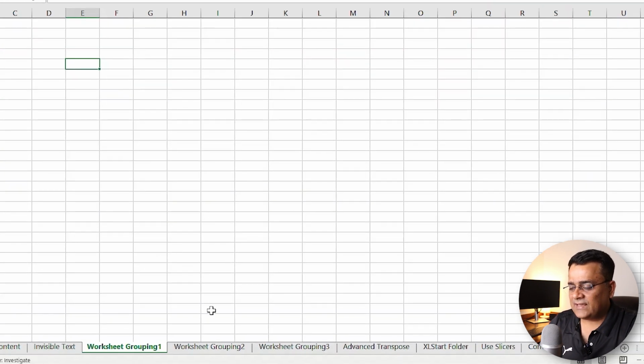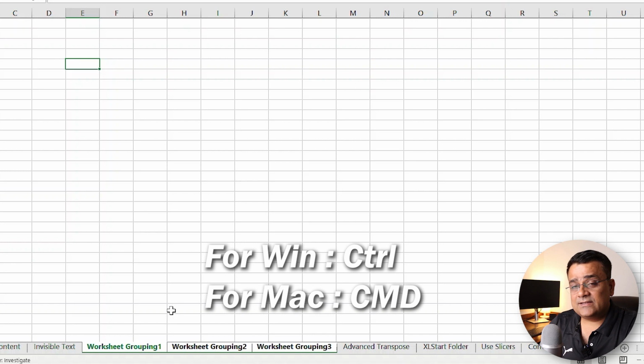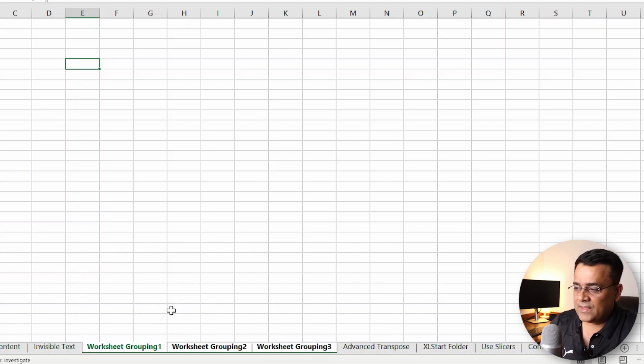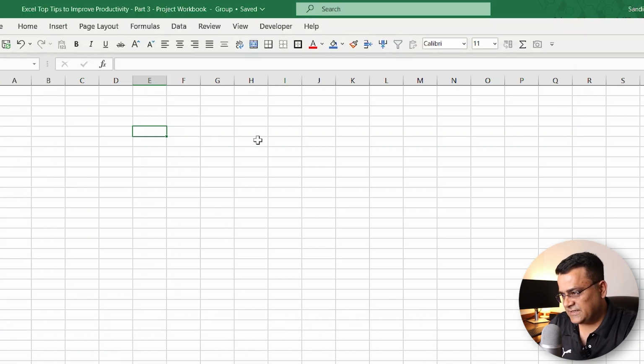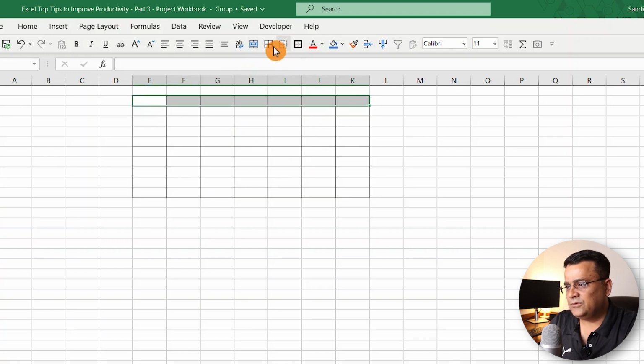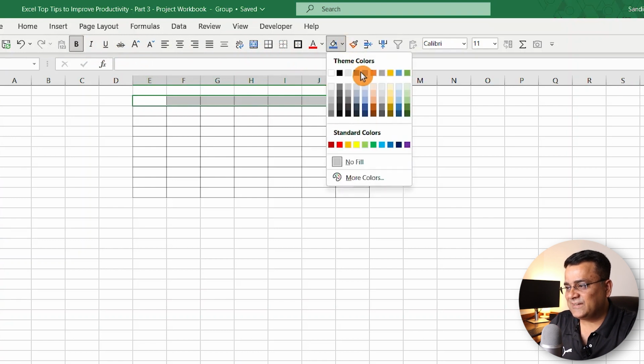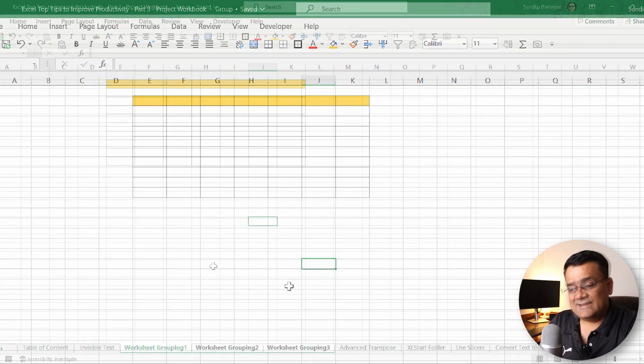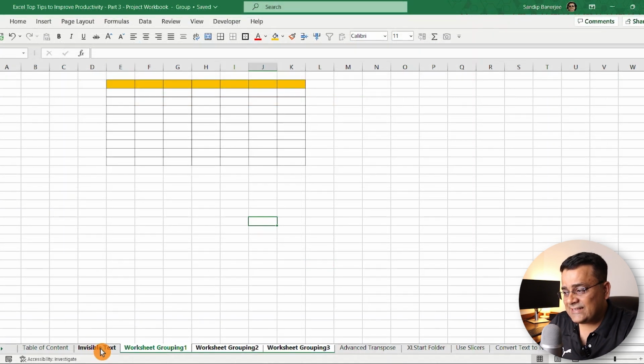Now, if I select all three tabs by pressing Ctrl, and if you are using a Mac, then you need to use Command. So once you are clicking on these three, press Command and then all three will get selected together. Now, if you make some changes here, if I draw a similar type of table here, and I change the heading to bold and with a different set of colors,